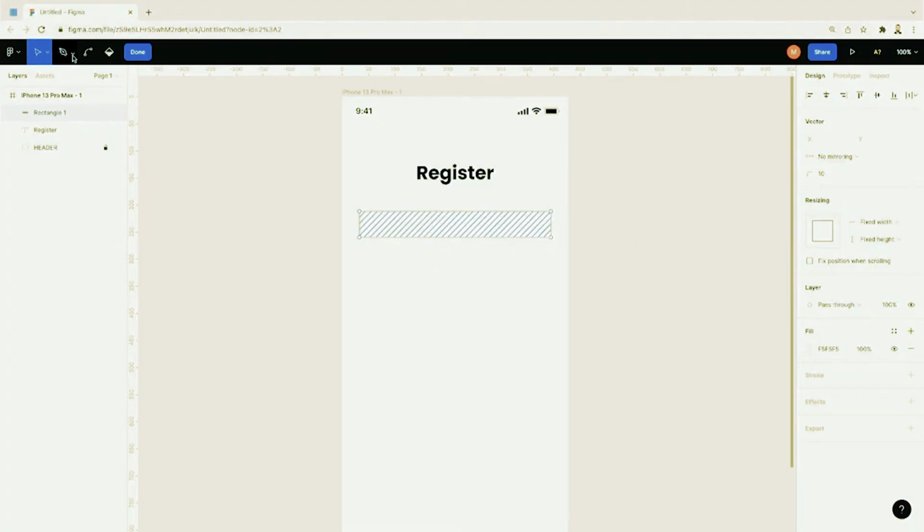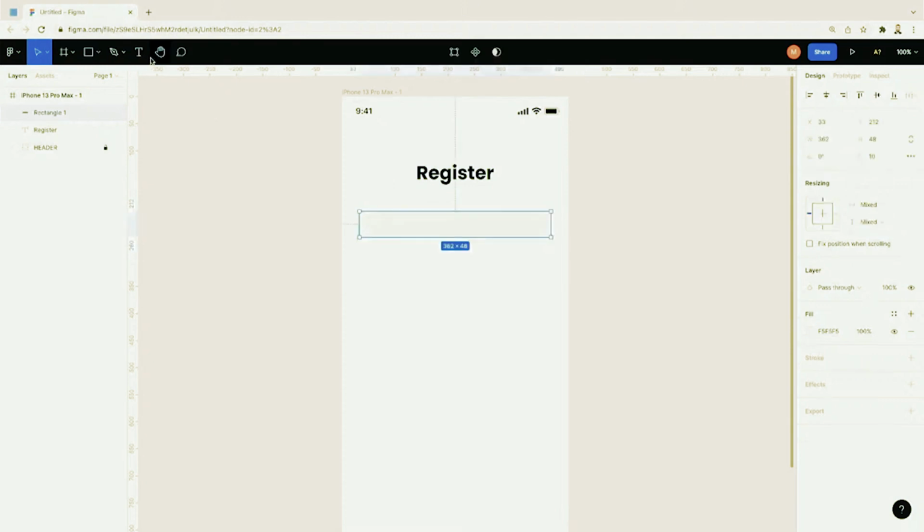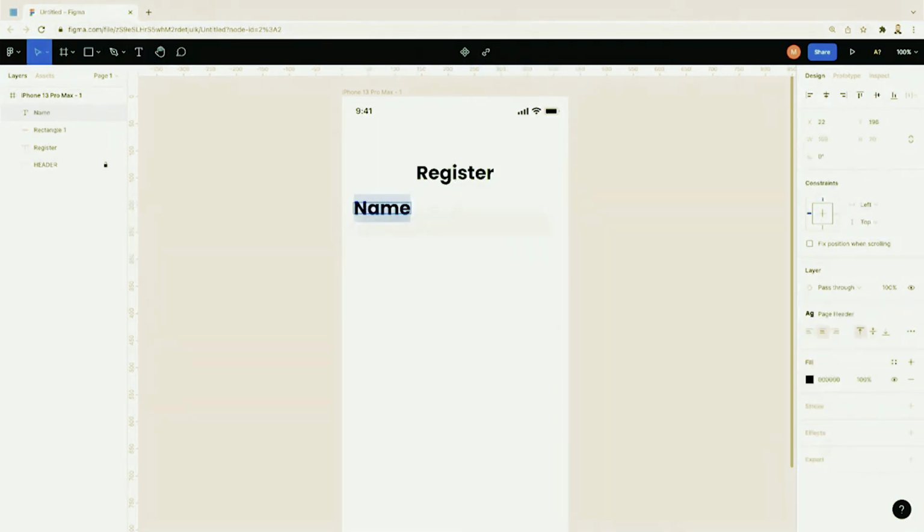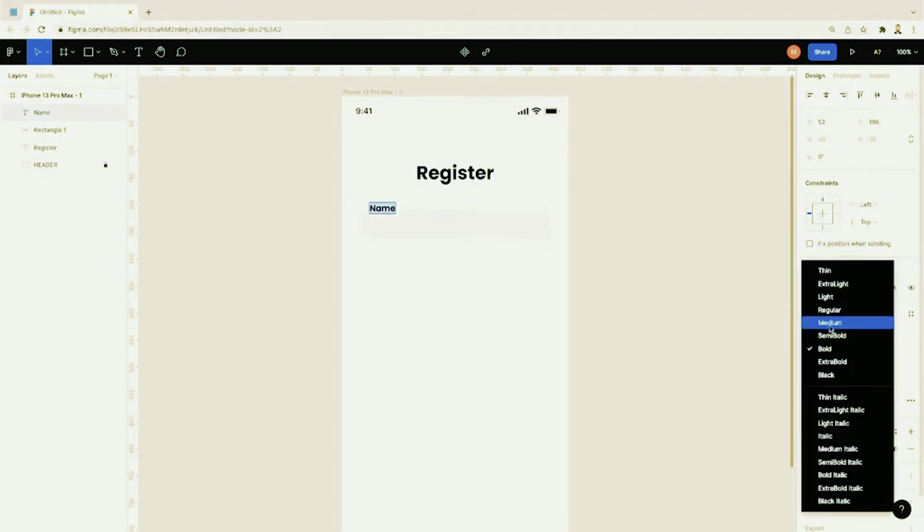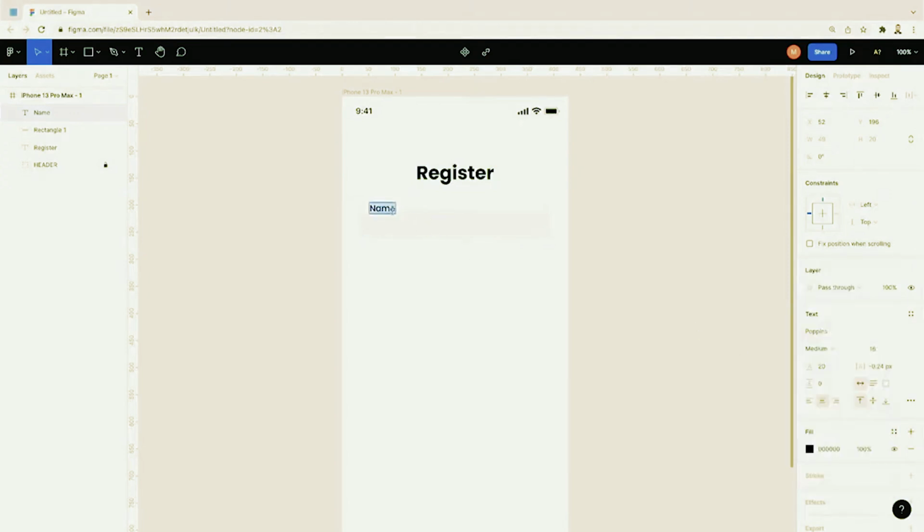So we will need text. And we're gonna add a text here, and we're gonna name it. Obviously, that's not what we need, so we're gonna make it maybe 16, not bold. We're gonna make it medium. And it's very important that you